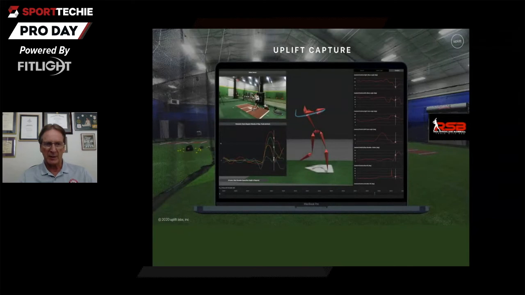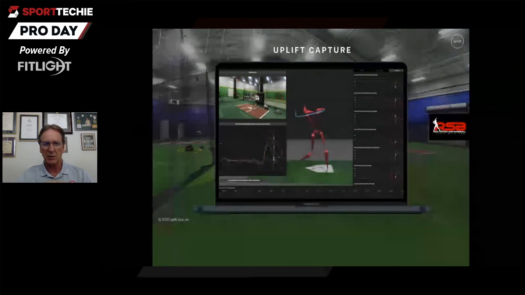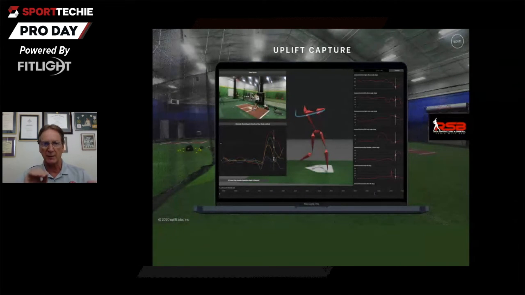So there's a couple of systems. Another example is a company called Uplift Labs. And what I like about this technology is they are democratizing it so that it will be much less expensive and much easier to set up and use. The system basically can use 2 cameras, and they could be iPhones on tripods, one a back view, one a front view, or back view and side view. And the athlete can be set up within 30 seconds.